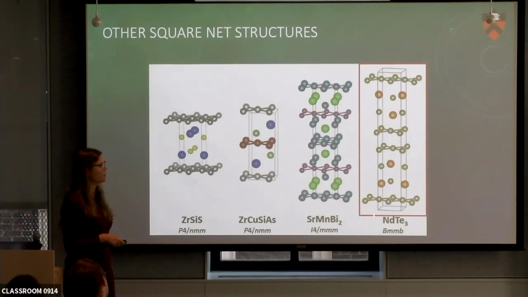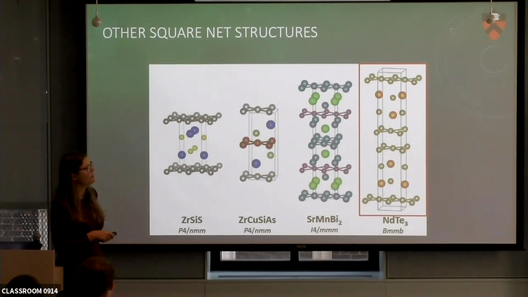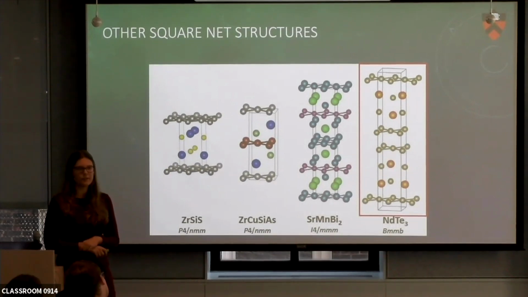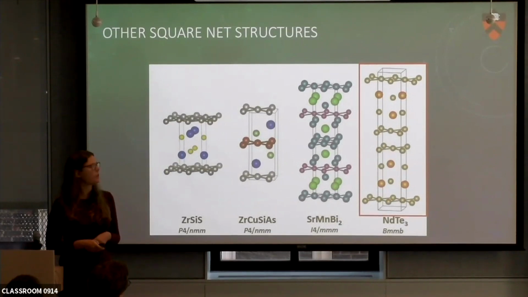But I was interested in this structure because what I like about this is that for one, it contains rare earth, so we again have magnetism as a tuning parameter. On the other hand, it contains 2 square nets on top of each other. So in these ones, the square net is always separated by something else, but here we have 2 on top of each other. And this gives us a possibility that we might be able to scotch tape the material to create a new 2D material. So I was wondering if the typical properties that we find in materials with linear dispersive bands, like high mobilities, are also present in this material, just because we have square nets here as well, and if we then can scotch tape it to a thin material.